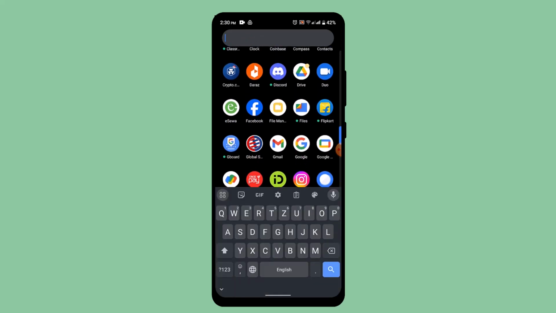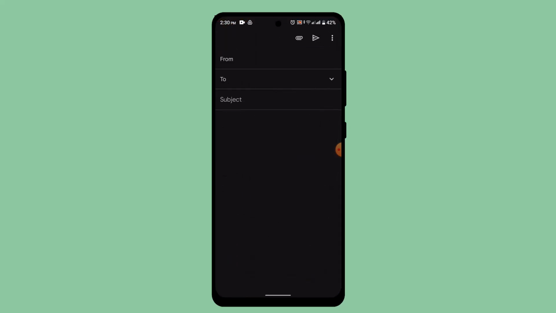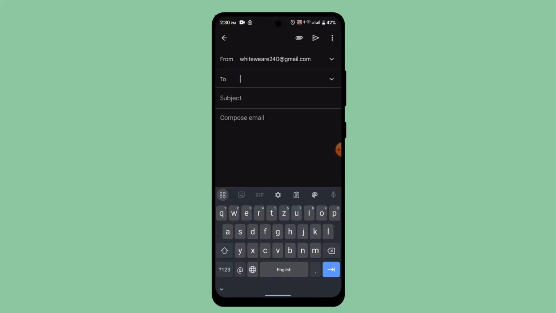Now go ahead and open up your Gmail app. Once you open it up, go ahead and select the compose button located right at the bottom. Enter the email address of the person you are sending to. Now I'm just going to go ahead and select one. So let's go with this one and enter the subject. Let's go with this. Type in whatever message you wish to give, and as you can see